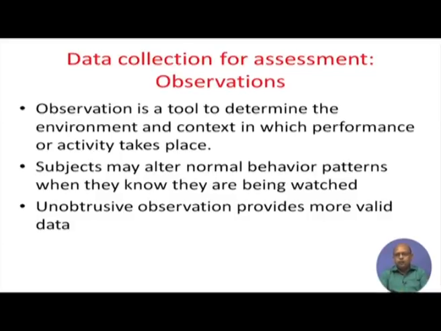Sometimes if you are going to watch and see how the person is doing, they become cautious, right. So, sometimes you alter your normal behavior, the way you should behave, and you become more conscious, and then you try to do something that is desirable. Okay. So, you go for unobserved observation, that is what we call a non-participant observation.